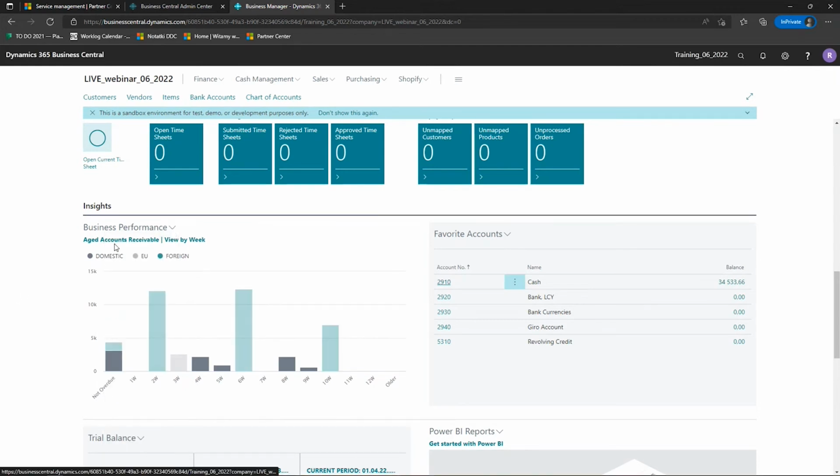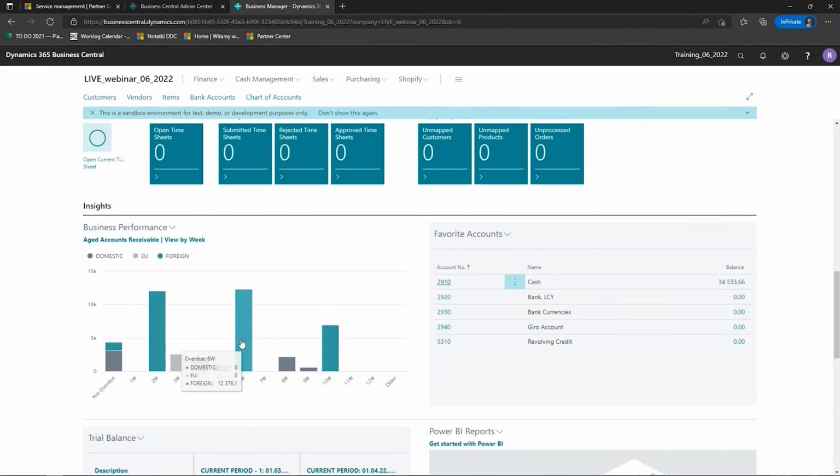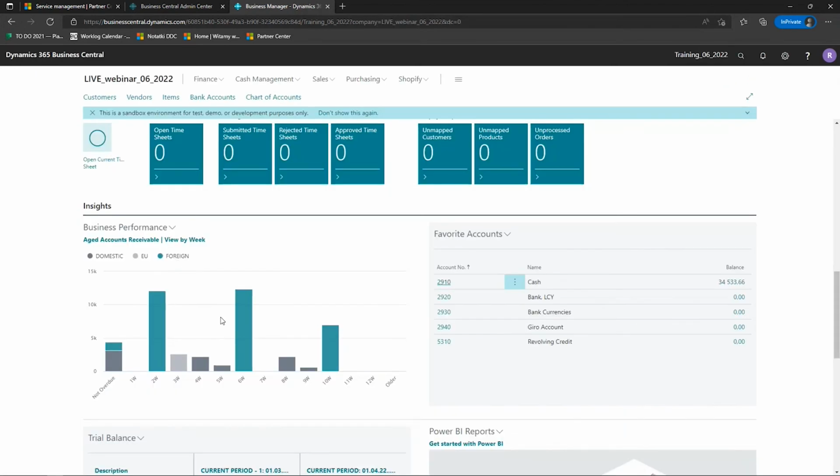Here, actually, we can have a look at aged accounts receivable. Okay, we have several invoices that are not overdue, but many of them that are overdue, including those that are 10 weeks overdue. We can drill down to see who's the culprit. Okay, so we have one invoice to School of Fine Art. This is our customer. Okay, we can deep dive with other elements of this report,